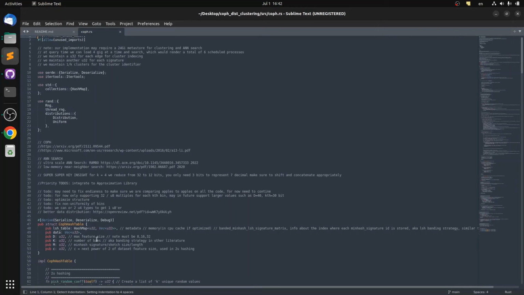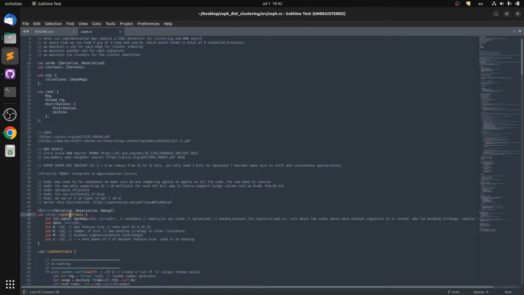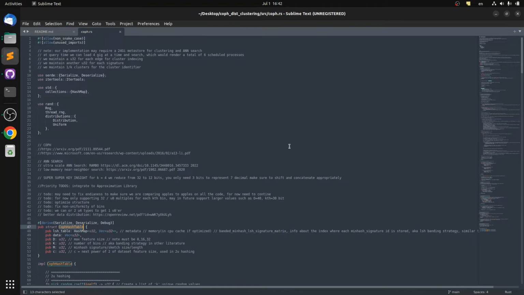So essentially, I'm creating a MinHash table. You can also think of it as a COP hash table, but I'm not going to show the further details of the code, just the struct right here. So yeah, it's optimized. In essence here, notice how we have a U32,